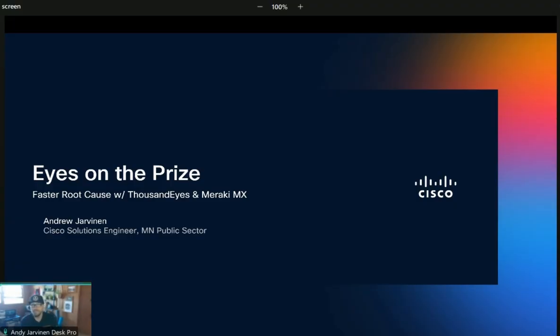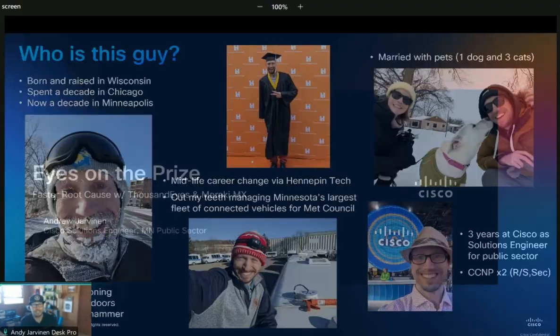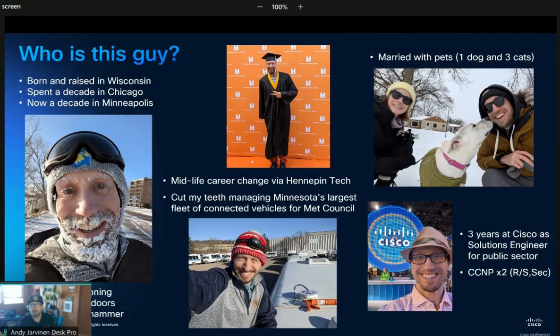Most of you know me. I'm Andy, Cisco Solutions Engineer for Public Sector. I'm a portfolio engineer, so I'm not a ThousandEyes expert by any means, but I think that this tool delivers a lot of real value that people should know how to use. And it comes free with a lot of our licensing, so I'm trying to get people to embrace it and adopt it. I've been at Cisco for about 3 years, and before coming back to tech about 6 years ago,